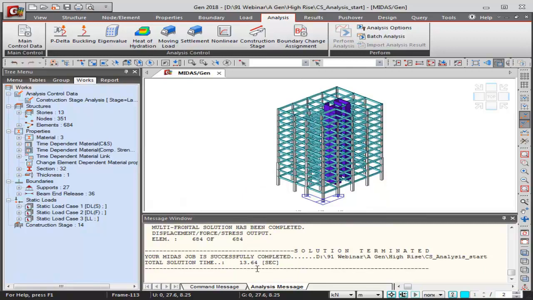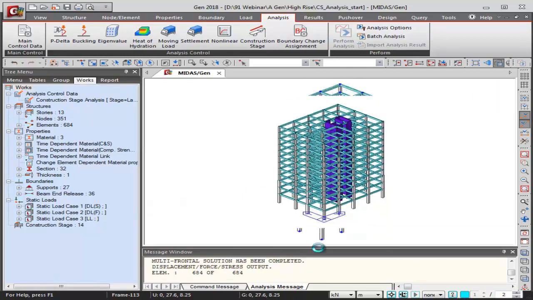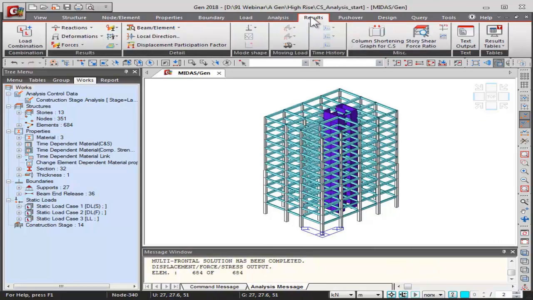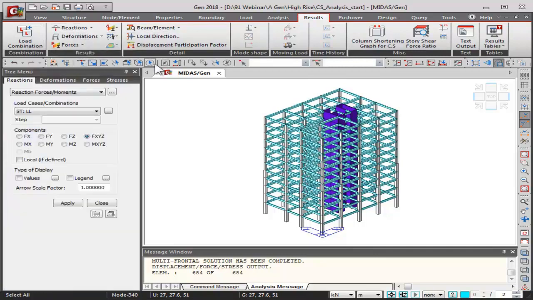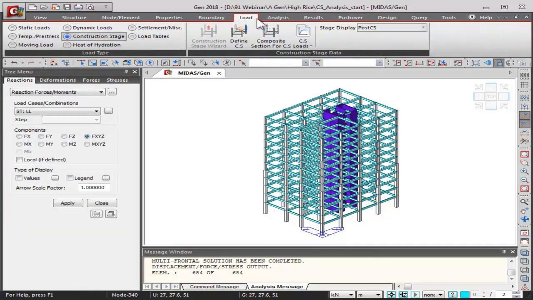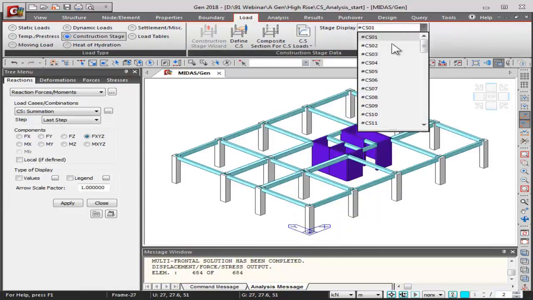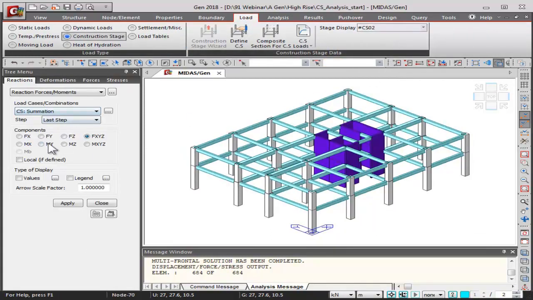Okay, so within 13.64 seconds, our model has been analyzed. Next, we will go ahead and check the results. In the results, we can check the reactions for every construction stage. So here we have CS01, CS02, and we can even activate the